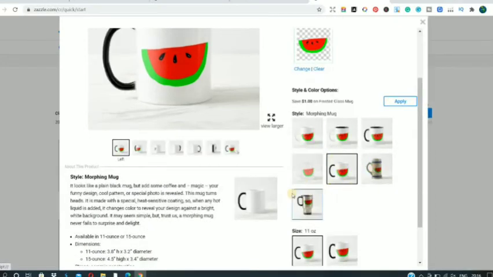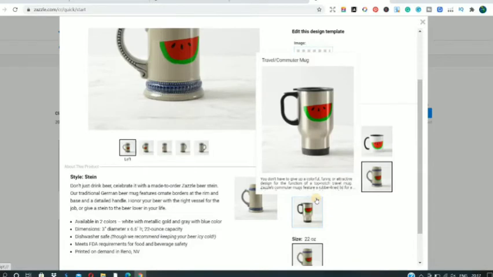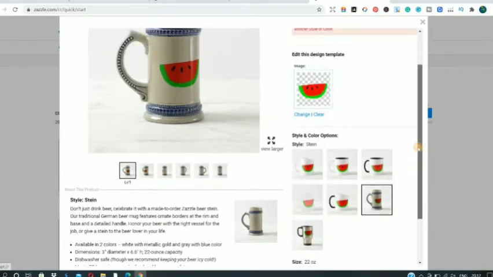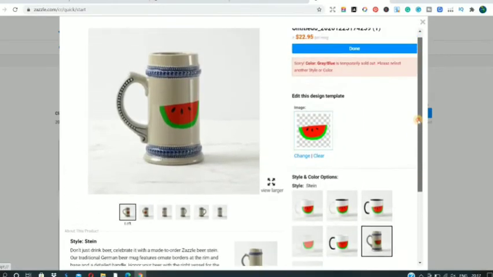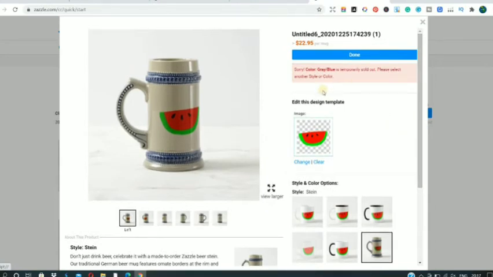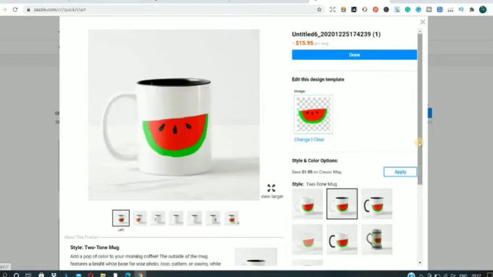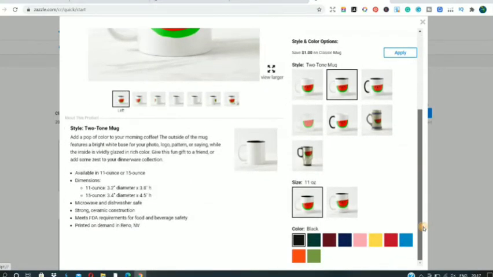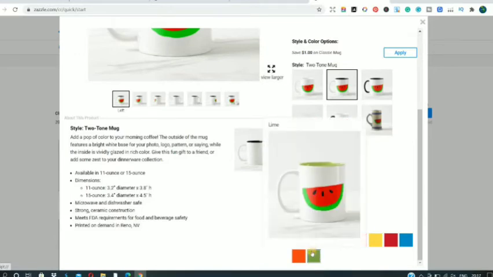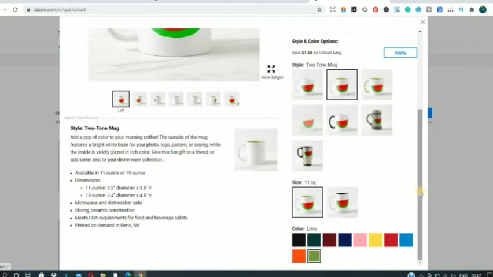Guys, you can see very well that they have 100 products in their shop. Zazzle has so many products in the shop, which is really amazing, guys. So you can choose any one you want to go with, go through their instructions, and also pick the color, be it black, blue, whatever color you want. You can pick a different color of the mug. So I think I'll go with the green. Let's see how the green looks. So yeah, it's looking nice.